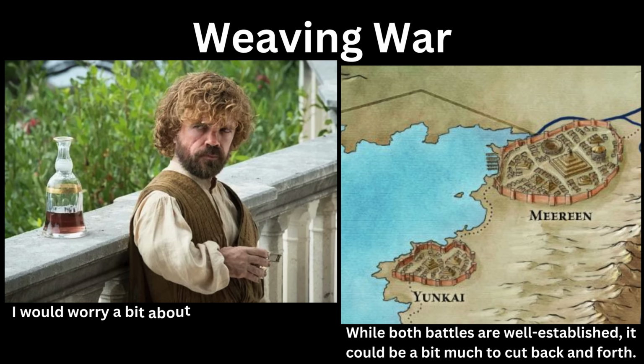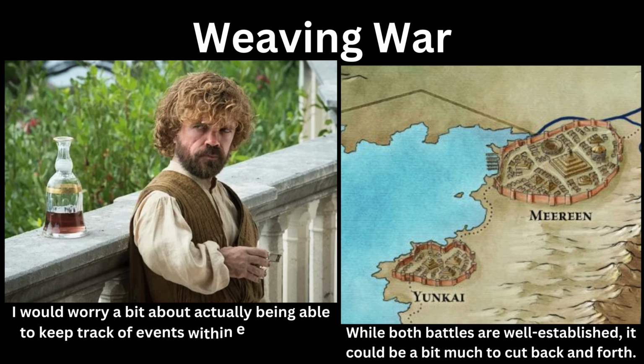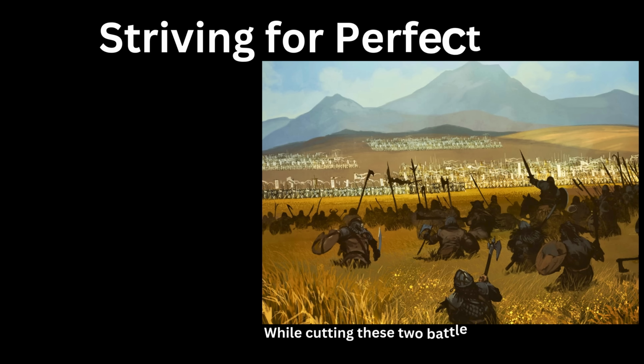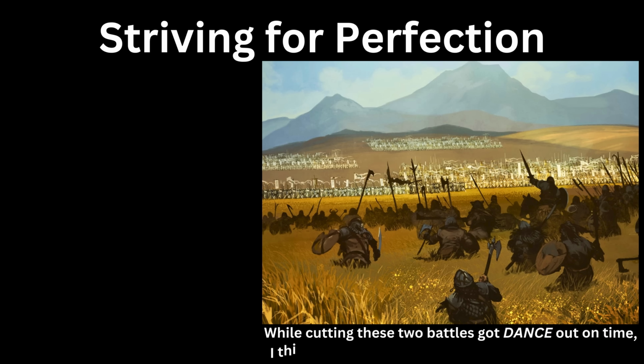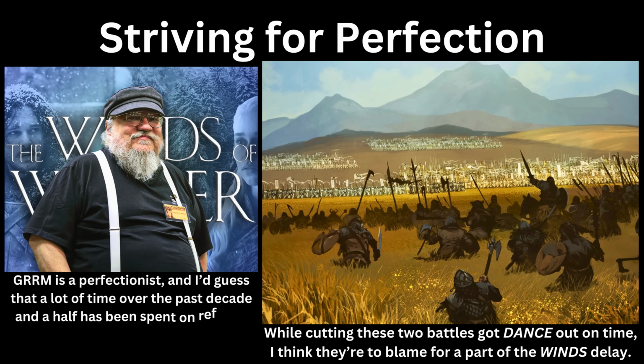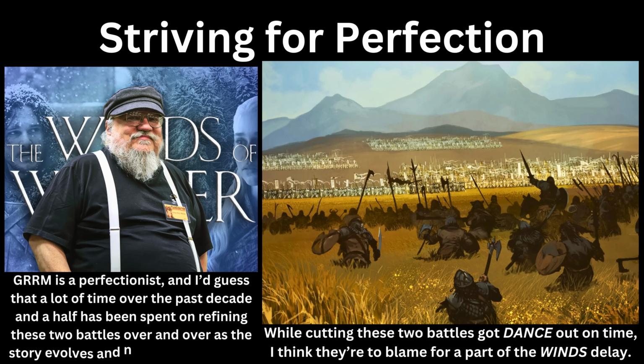We have Victarion out in the bay, seeing the naval combat, and we have Barristan leading Daenerys' forces and the city's defense. If I'm being completely forthright, I think these battles being pushed to the beginning of The Winds of Winter is a big reason as to the book's overall delay. These battles coming at the end of a story makes a lot more sense than opening up another part of the same story, because each book needs to be considered as just that, an individual novel in a larger series.